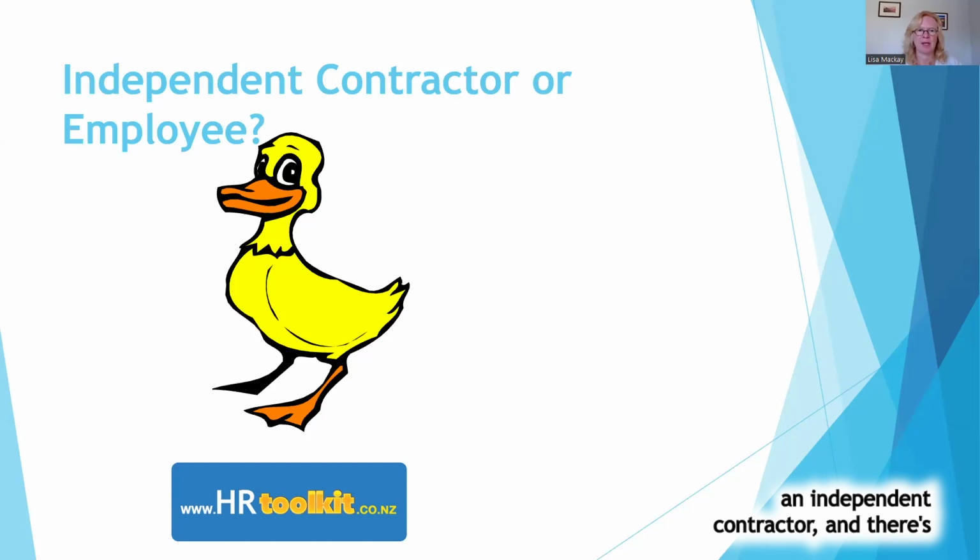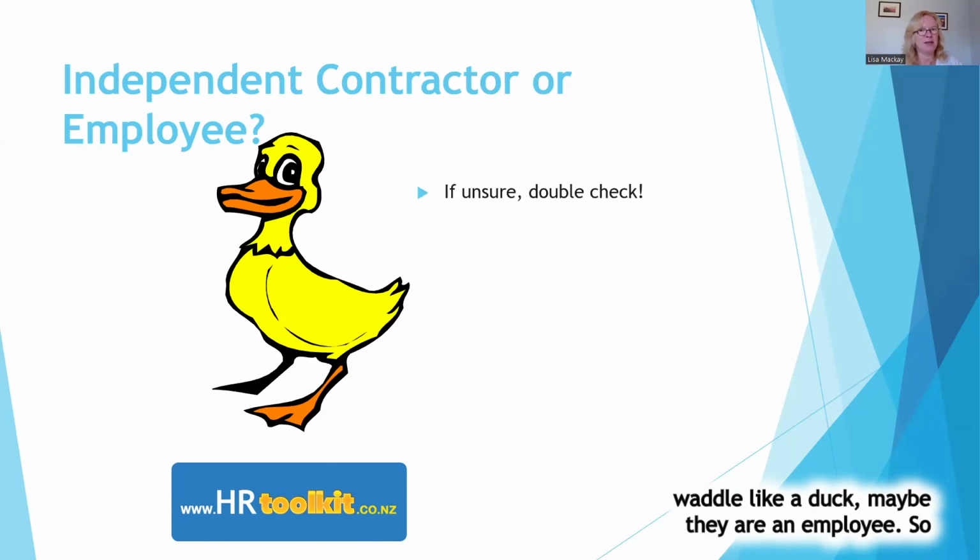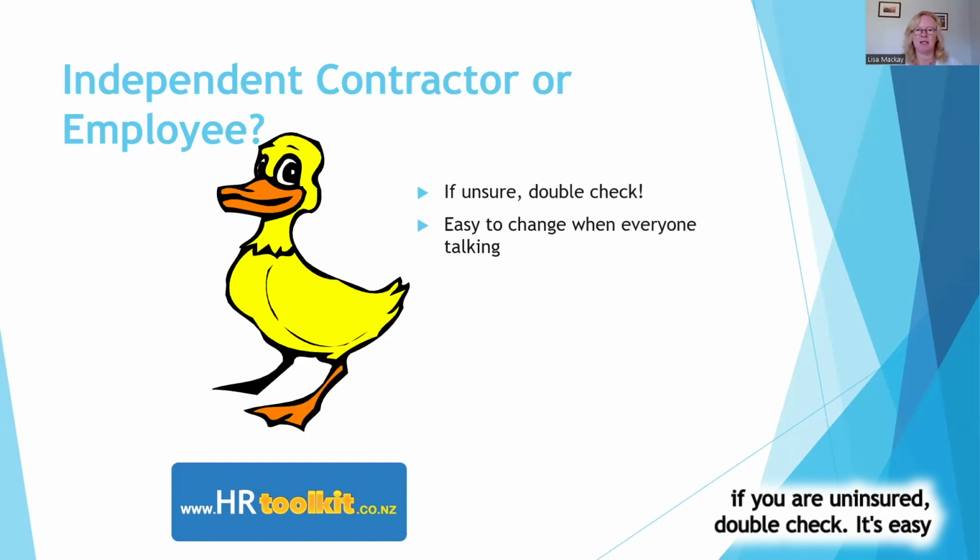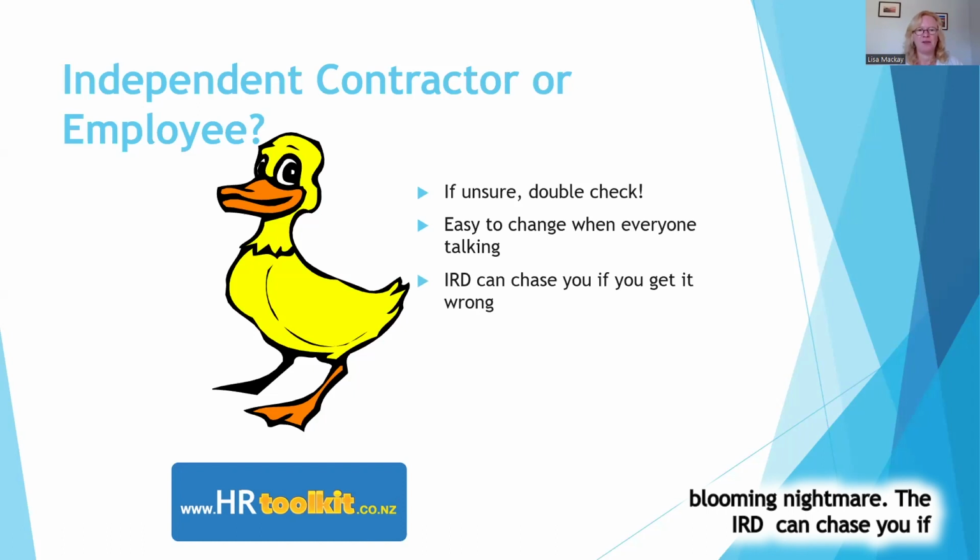independent contractor. And there's always a big question about, are they genuinely an independent contractor? Well, if they look like a duck, quack like a duck, and waddle like a duck, maybe they are an employee. So if you are unsure, double check. It's easy to change whilst everybody is talking. If you have got them on the wrong agreement and you need to change it, easy to do while everybody's talking. But once you get into a dispute, it's a blooming nightmare. And the IRD can chase you if you get it wrong. Now, before you go panicking, don't worry, I'm going to be coming on to exactly what the IRD looks at